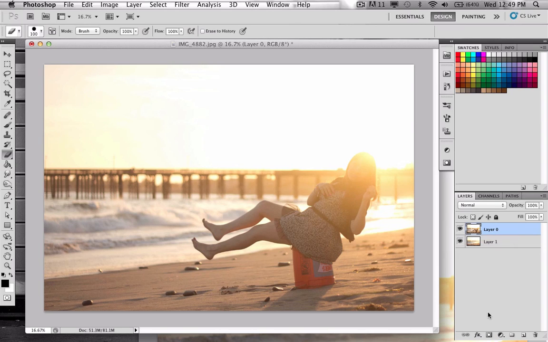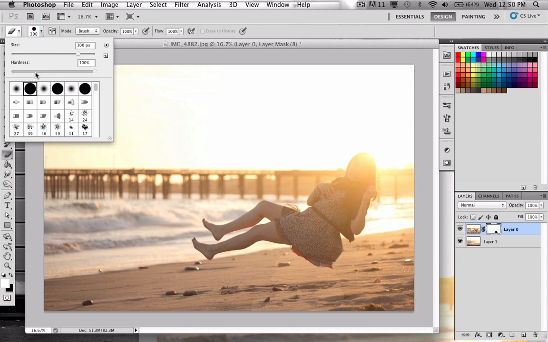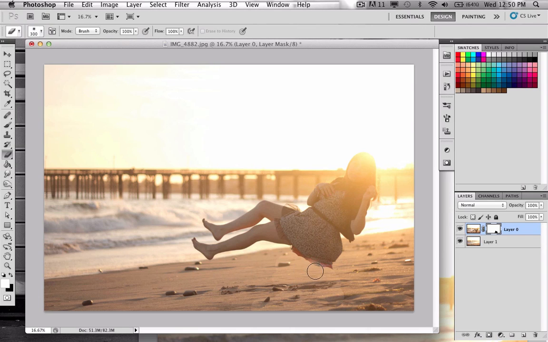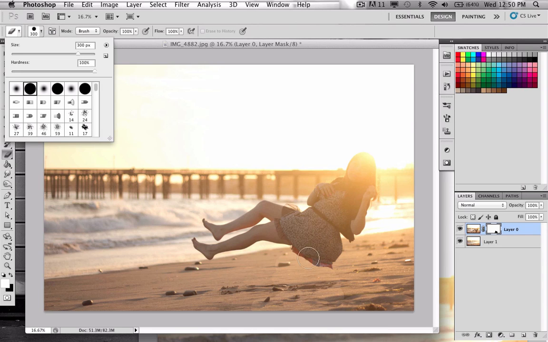Now what I need to do is create a layer mask with black selected. Go onto the layer mask, and with white selected. I always mix those up, but with white selected, you just go ahead and take the brush tool and paint the bucket out. See, really easy, really simple. And you just paint it up as close as you can with a hard brush. If you use a soft brush like this, you'll be painting and it'll dig into your model, so you want to use a hard brush for that. So use a hard brush,